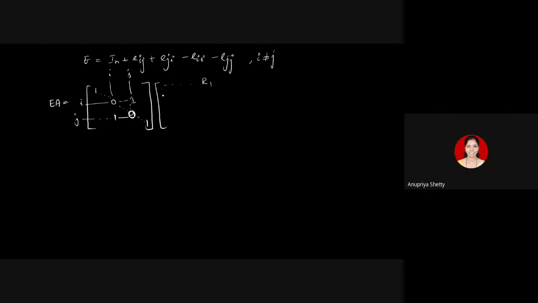The first row is R1, and somewhere you have Ri, and then comes Rj, up to Rn. It is not necessary that Ri should always be above and Rj below. It can be the other way also. Ri may appear here and Rj may appear here. Either i is greater than j or j is greater than i, because i and j are different. If I write Rj here and Ri here, I should be careful. This will be the jth row, this will be the ith row. Which case you take depends on you. I usually write i first as the smaller number and j greater.